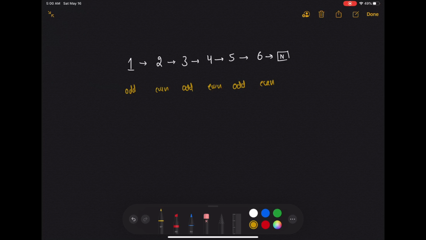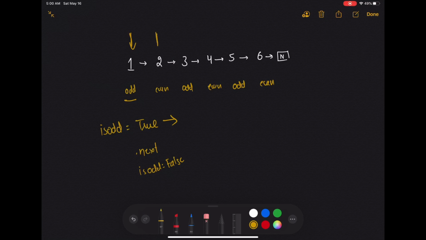For that, I will take a variable which will contain a boolean, and we can say isOdd, that is going to be true initially because we will be starting with odd. So this one is odd. When I do dot next, I'm going to turn this true to false, isOdd equal to false.